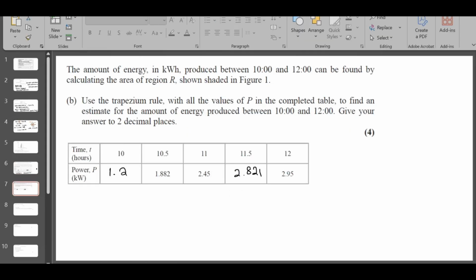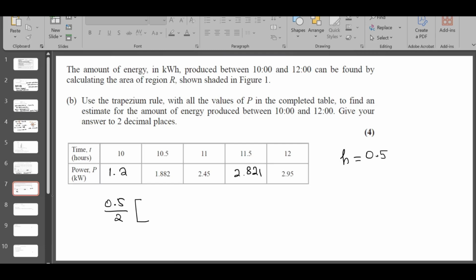Part B now. I have put the table here again. Use trapezium rule to find the energy produced between 10 and 12. This is 10 and 12, right? Okay. Give your answer to 2 decimal places. So when you want to apply the trapezium rule, first you need to mention H. H is the common difference here. If you don't mention H, you will lose a mark. So it's H over 2